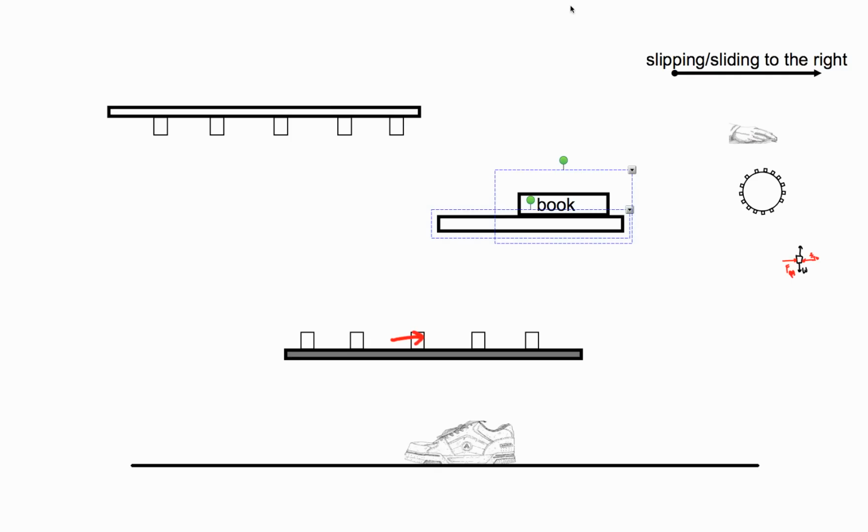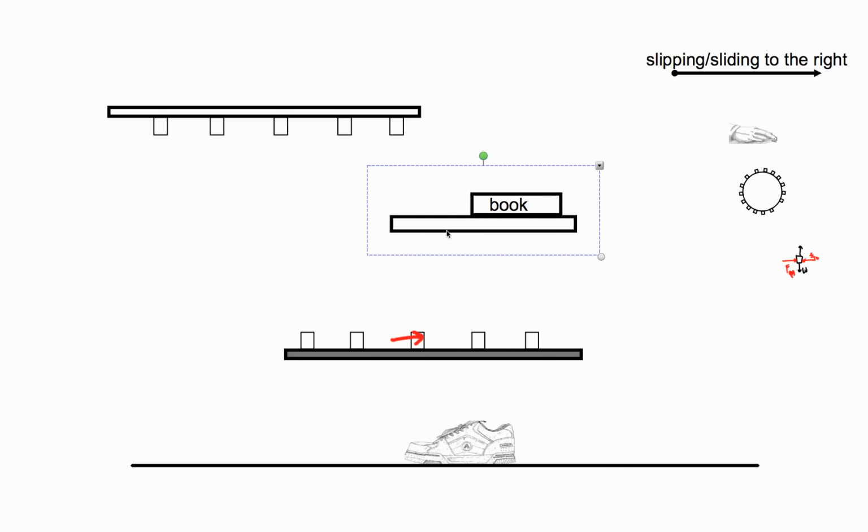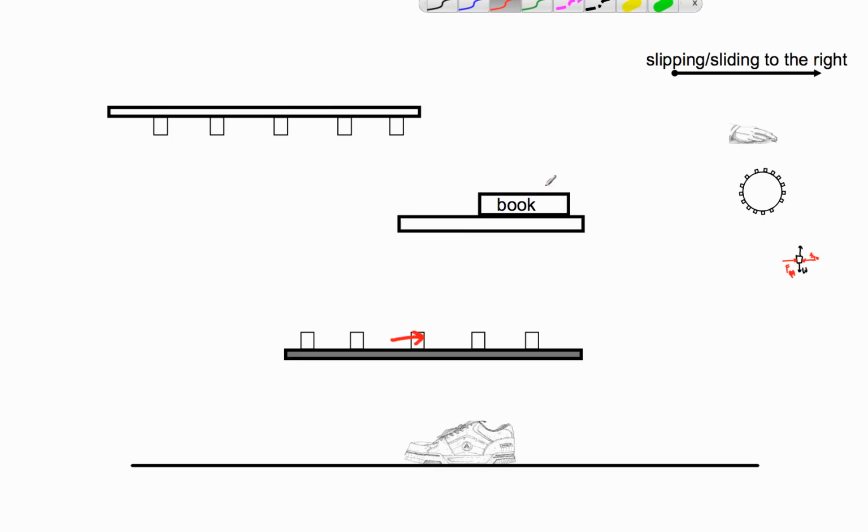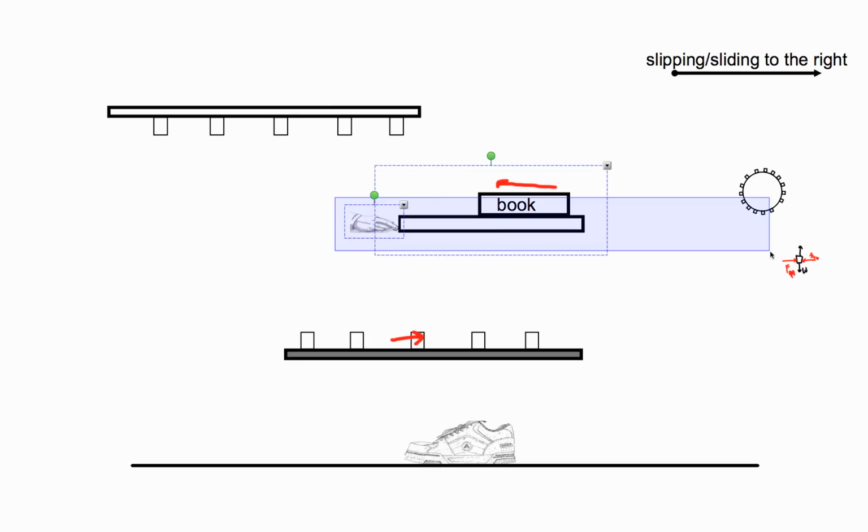Now, if we grab this lower book and pull gently, not too fast, but pull gently, then we can get the upper book to accelerate too. Okay? And in this case, friction is actually acting in the direction of motion, this way, to accelerate that upper book. It may be the guy's hand that's accelerating this lower book, but the upper book is being accelerated by friction. Let's take a look at that with the friction bump model